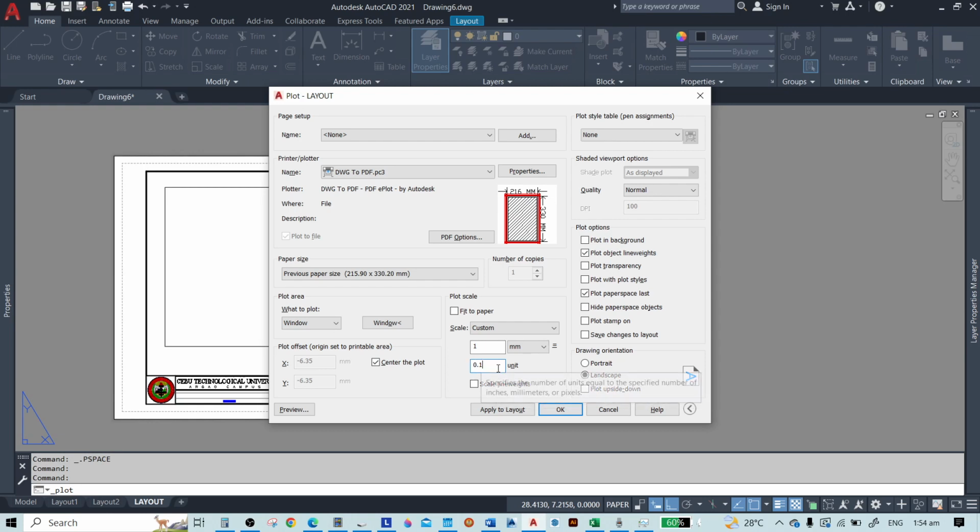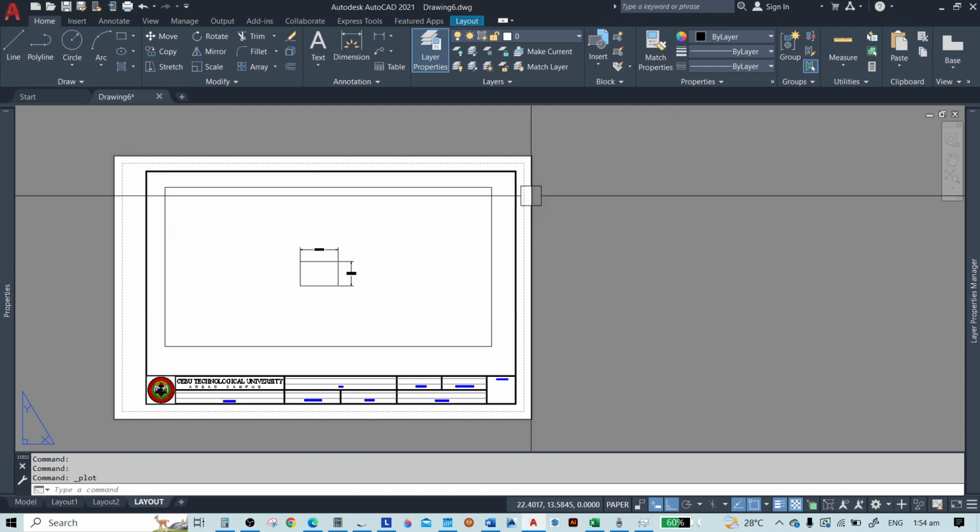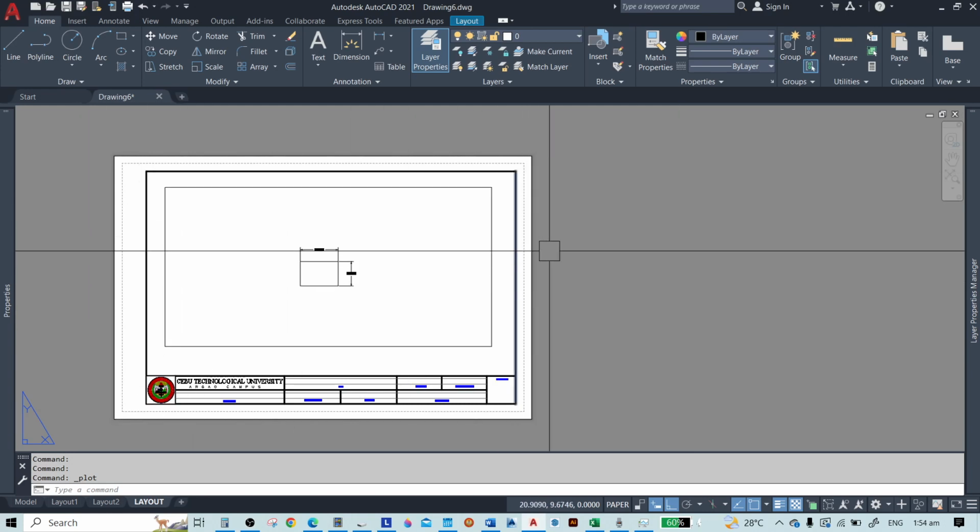Because we input 0.1 here, our paper space, the layout that we are using, is converted into centimeters.